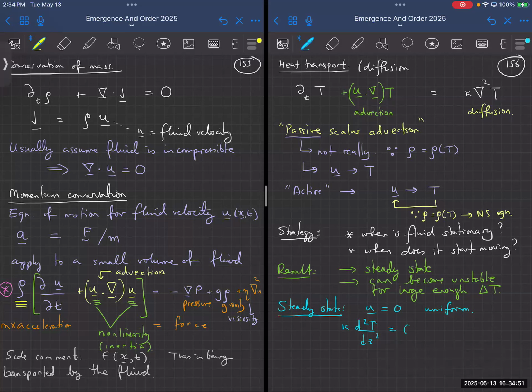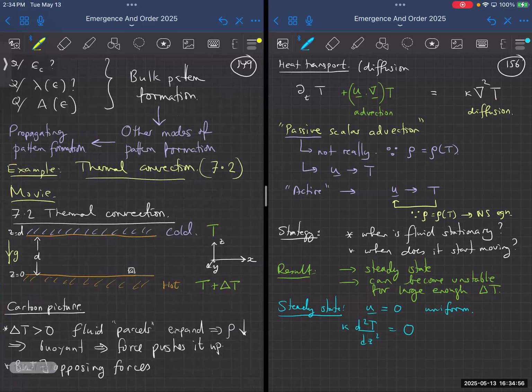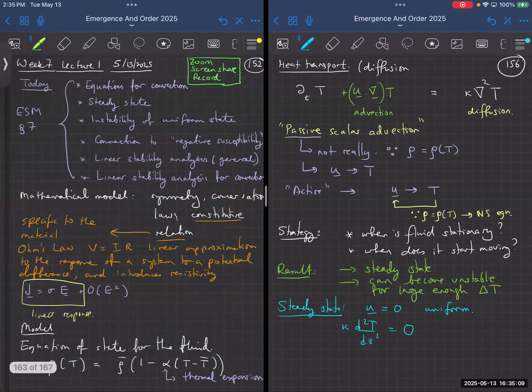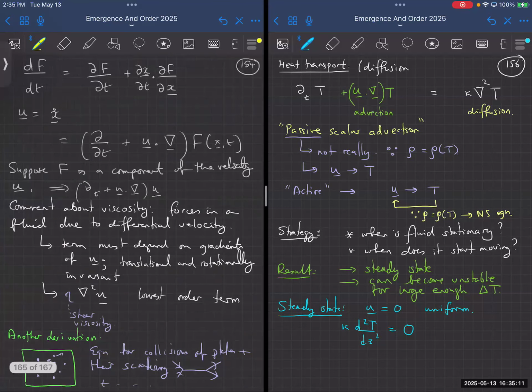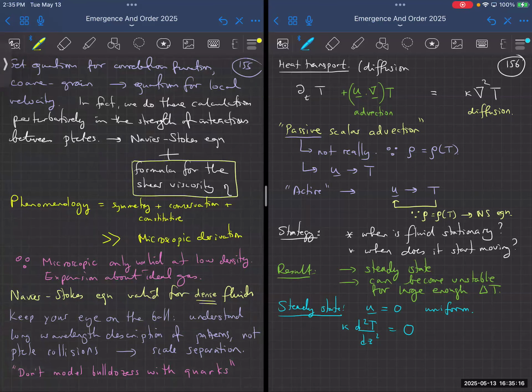So again, I want you to remember, here's our geometry. So our geometry, if there's no pattern, everything is going to depend on z, but it won't depend on x and y. So there is a z dependence because we have a temperature gradient. So we definitely have to solve this equation, and this is a simple equation. So the solution to this is T is equal to T of z, which is